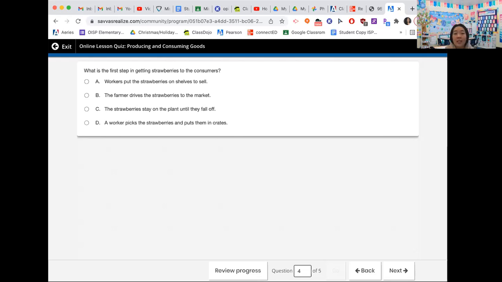Okay, so I see a lot of D's and C's. What is the first step? Are they going to wait for the strawberries to fall off the plant? Or are the workers going to pick the strawberries and put them in crates? Think about a strawberry. People like to eat strawberries when they're fresh, right? Not when they're rotten. Like grapes, sometimes they don't fall off, but when the grapes are ready or ripe, they'll